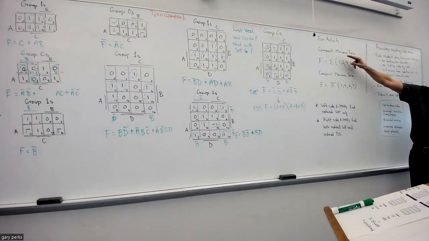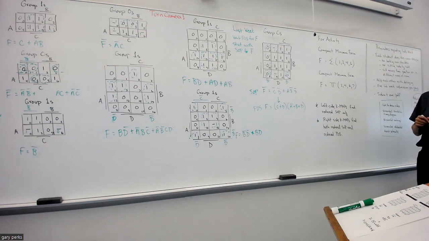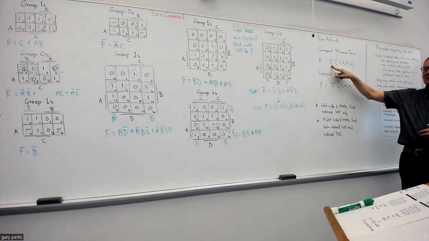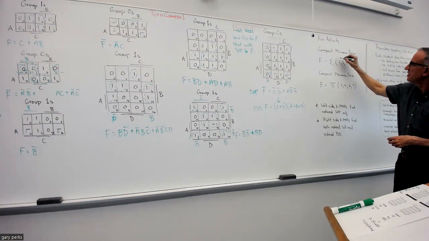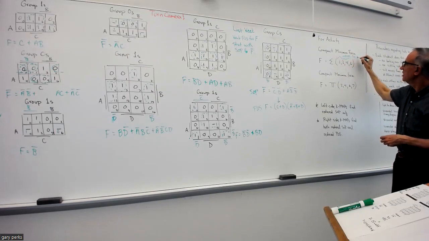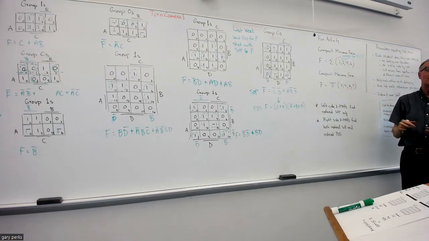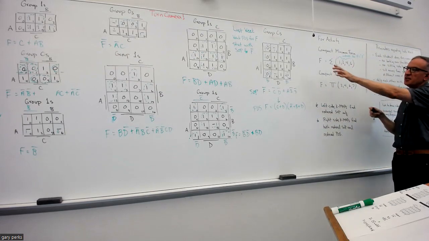One's called compact minimum, the other one's called compact maximum. And what these 2 forms tell us is that, first of all, with compact minimum, which is identified by the summation sign, these numbers inside the parentheses are the indexes for f equal to 1. Okay, so this is shorthand for a truth table. Instead of writing out a whole truth table, you just look at this compact min form, and in your K-map,